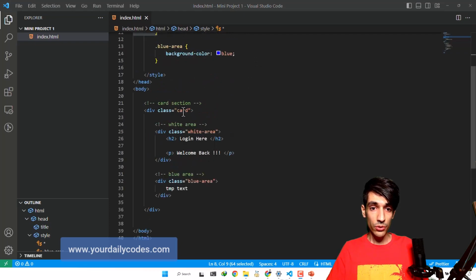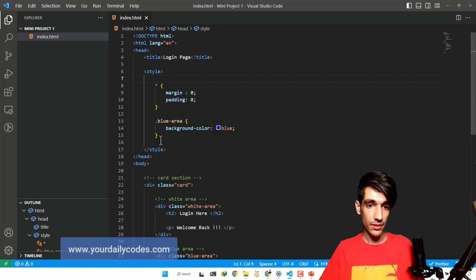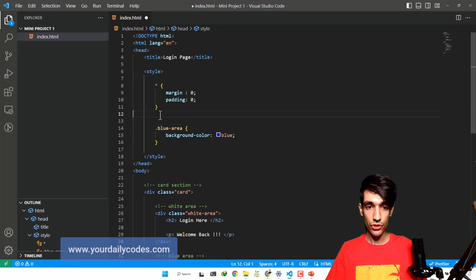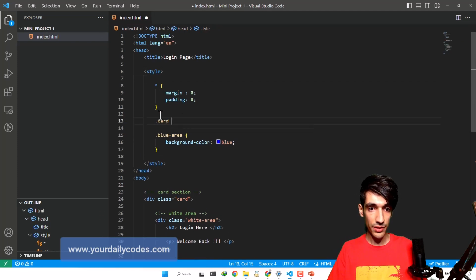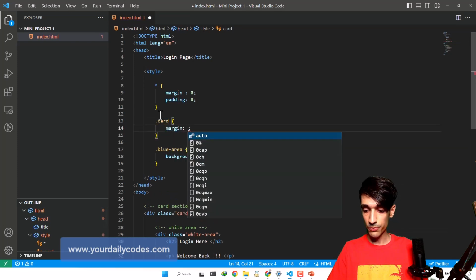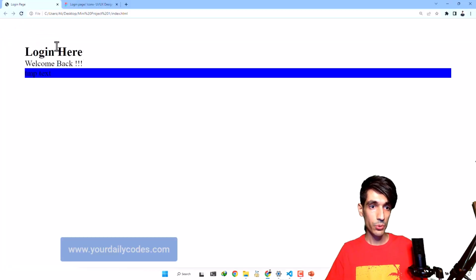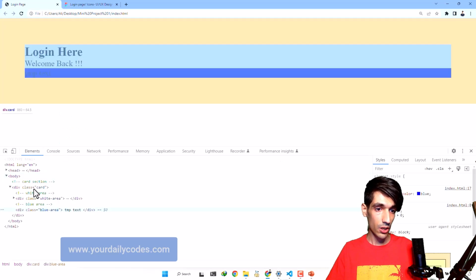So I want to select this card class, okay, let's select dot card here and give it a margin of around, for example, let's say 50 pixels. Okay, 50 pixel margin for this card, and hit refresh. As you can see, this login here has a margin around it, and if I go to inspect element and hover this div, we can see that orange area around that div.